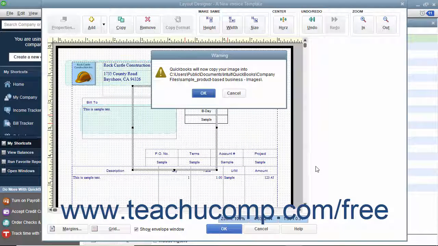If the image is not within the same directory as the company file, QuickBooks will display a message informing you that the image must be copied into the Images folder within the company files directory. If this message box appears, then click the OK button within the warning message box to automatically copy the image